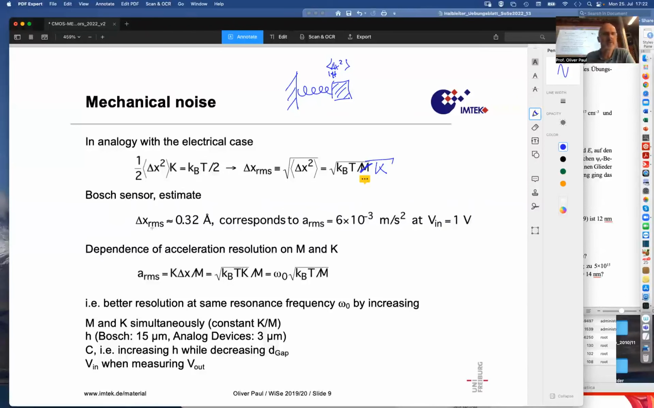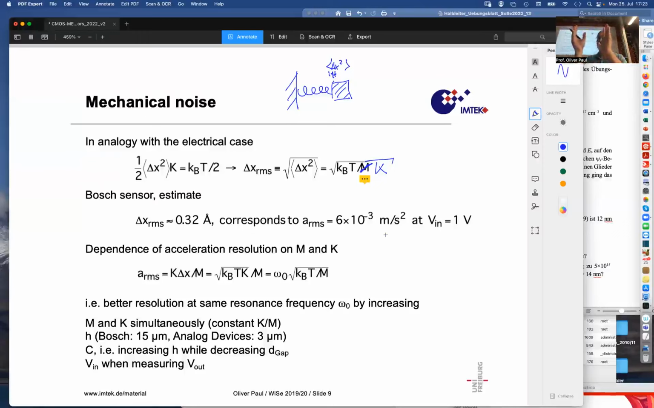And what do we estimate? Delta X root mean square is 0.32 angstrom. And that corresponds to a root mean square acceleration of 6 times 10 to the minus 3 meter per second square. That's much smaller than the 0.7 meter per second square root mean we had because of the capacitance. So the mechanical noise is unimportant in the structure,